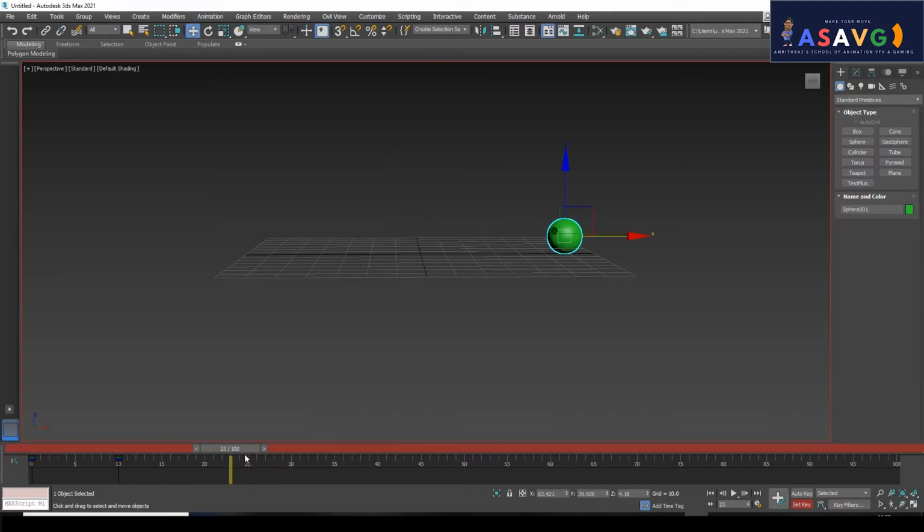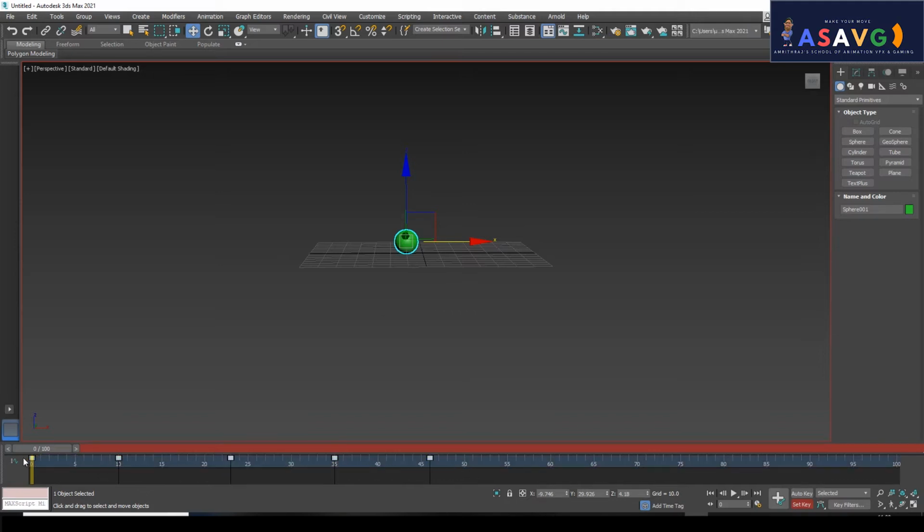So press S and move it. Then the animation is happening, right? If we make certain changes over here, press S, and don't forget to press S. S means hitting the key, otherwise it won't work. If I'm just dragging, there is no keyframe over here. You drag it, press S, then it is working. The other thing is that if you want to remove the keyframes, just select all of them and press delete on the keyboard. Just drag it, delete.